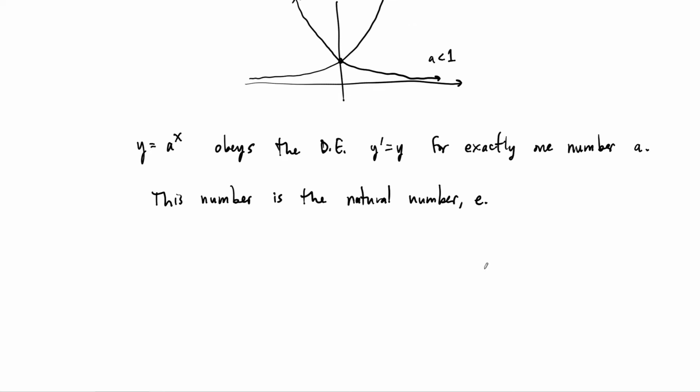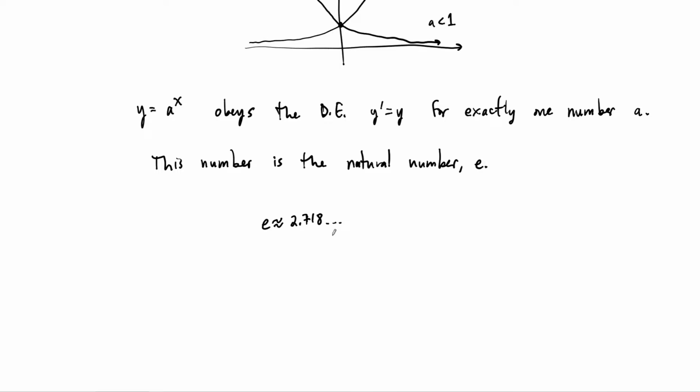And a lot of us probably know a way to estimate this number. This number is irrational, which means that you can never write down the whole thing, but it is about equal to 2.718, etc. There are a lot more digits there. Obviously, there are infinitely many, but it's about this number, right? So I don't want to say it wrong, but